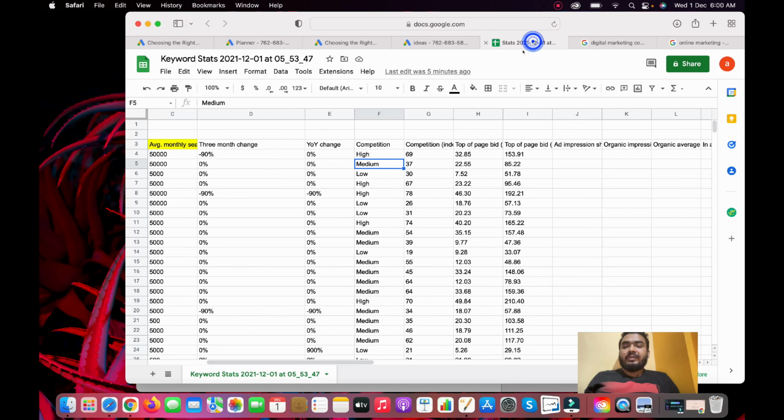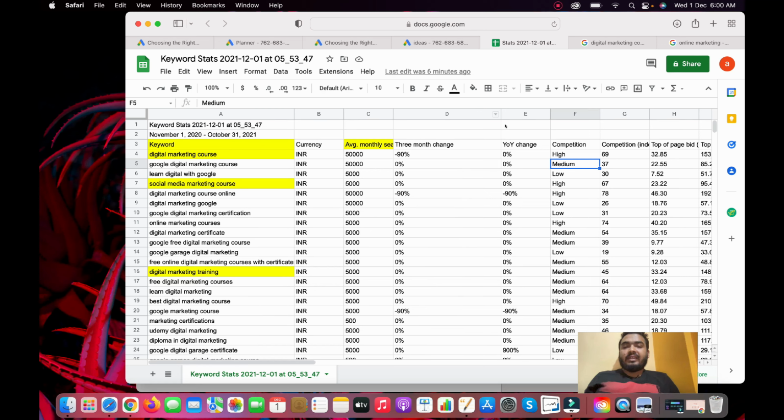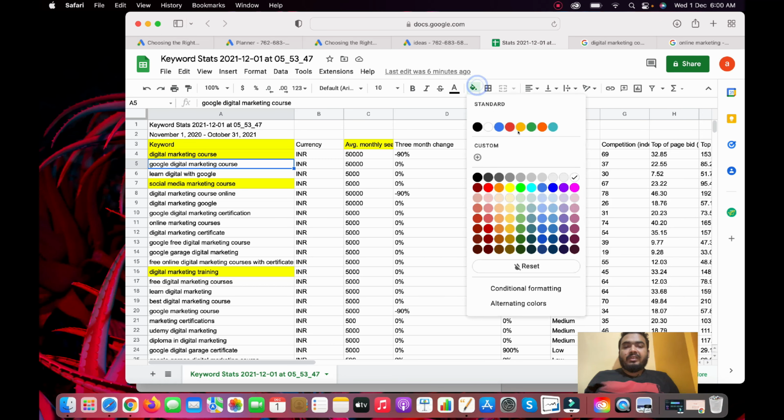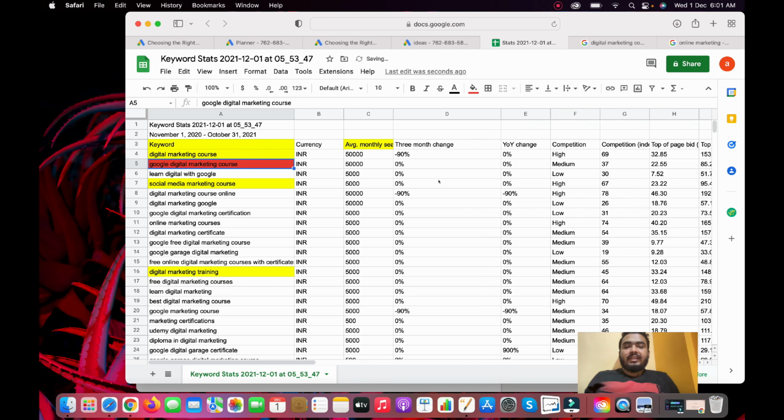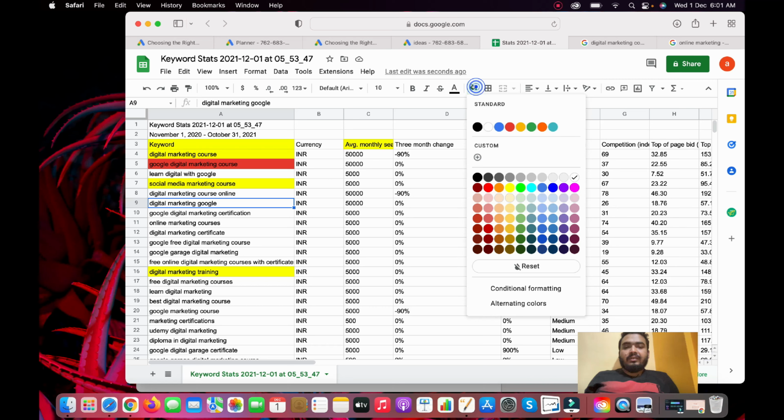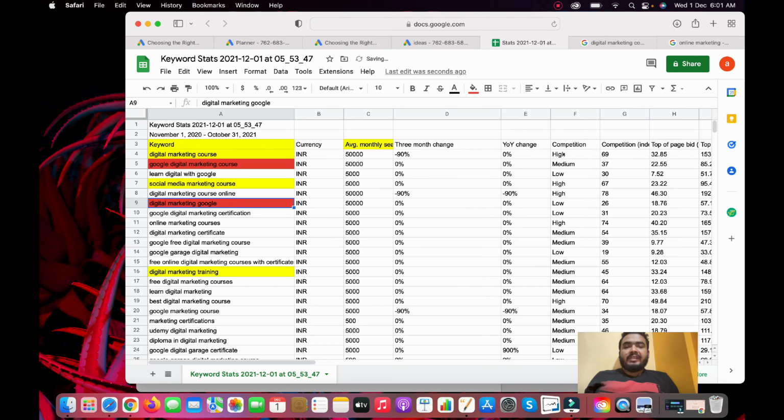For example, suppose I take Google Ads, I will keep it in red. If I am looking at Google Ads, I will take this keyword basically. So this I will take. If another keyword is high, I will not take that. Instead, I will take low. So I will go here and go with the low competition keywords. This is the difference when you take out the keywords in SEO and Google Ads, or Google search ads particularly.